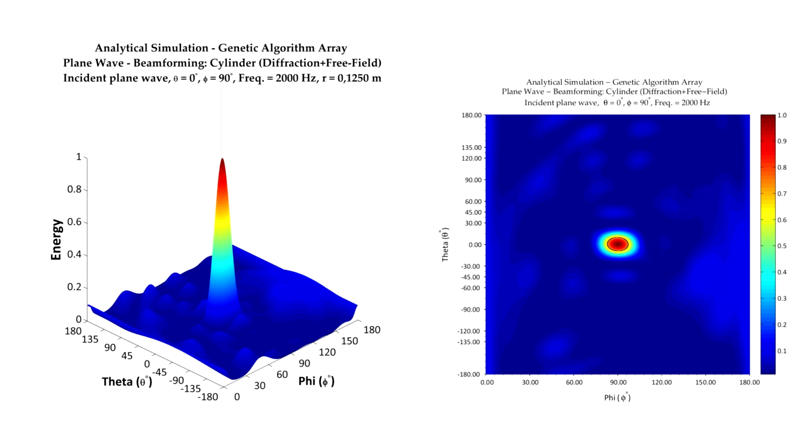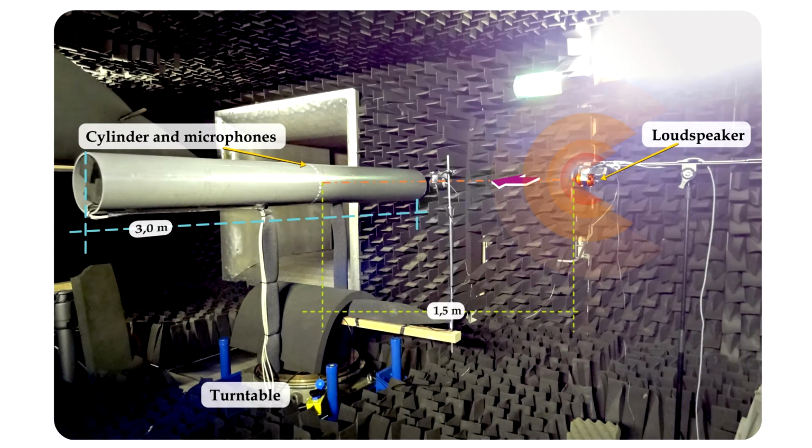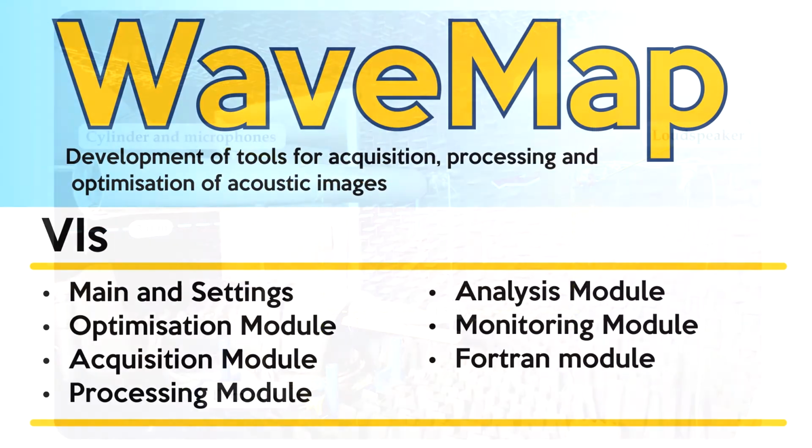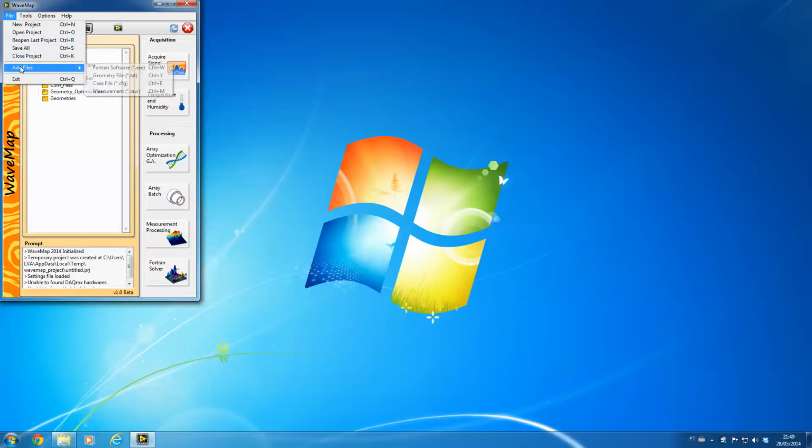So we have worked from the fundamentals, that is, the equations, through the programming, and also in the instrumentation for the measurements. Now I'm going to talk about the software. We named it as WaveMap because essentially we are trying to map something. When you open the software, you will see the main VI. So the main VI is conceived to organize your files in form of a project and call each of the